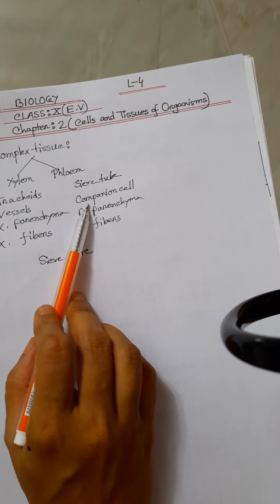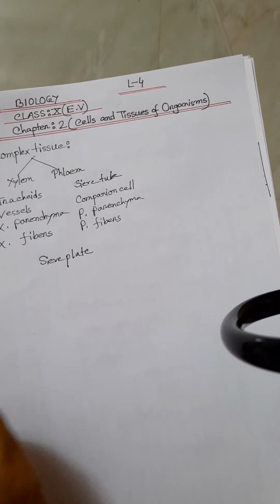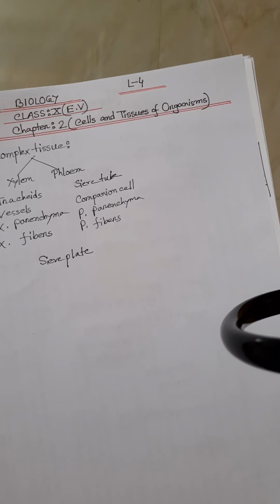Then the companion cell. A parenchyma cell is found along with its sheath cell. Its nucleus is much larger. It is assumed that the nucleus of a companion cell controls some activities of its neighboring sheath cell. A companion cell is turgid with protoplasm and thin walled. They are not found in the phloem of fern and gymnosperm.